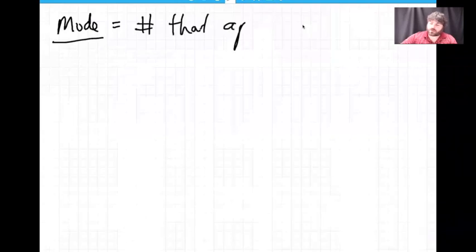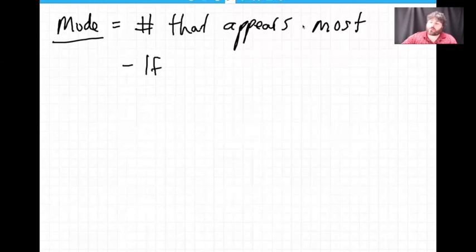Number that appears the most. It's usually pretty easy to find. Okay, when you're looking at a data set, whatever number is occurring the most, that's the mode. Okay, now, if all the numbers are the same, meaning there's not any repetition, there's not like